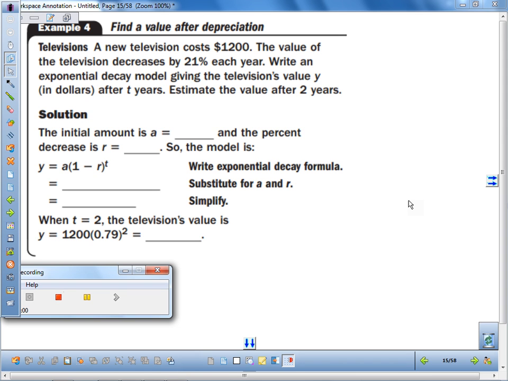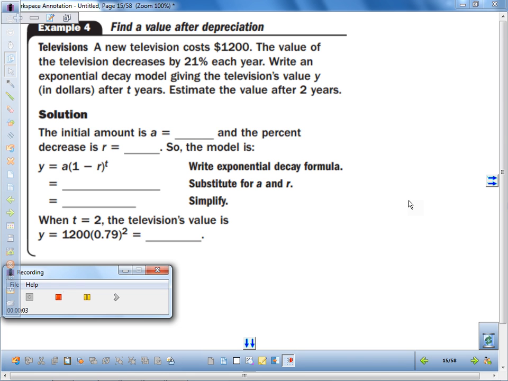Here, we're looking at an application problem. A new television costs $12,000. The value of the television decreases by 21% each year, so we have a decay function because we're decreasing. It says write an exponential decay model giving the television's value y in dollars after t years, and estimate the